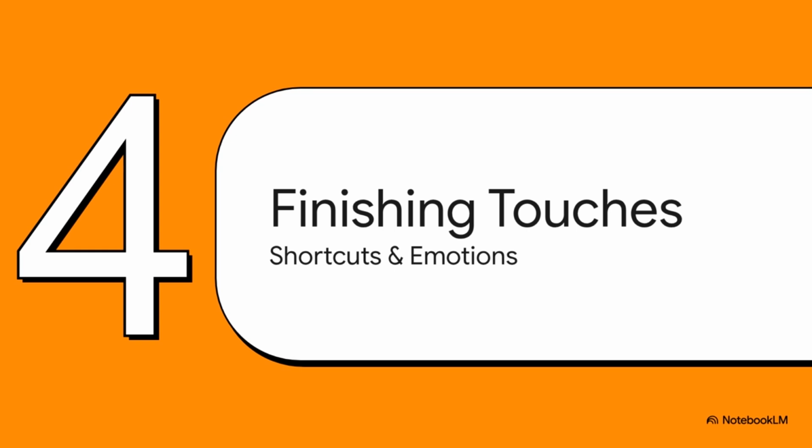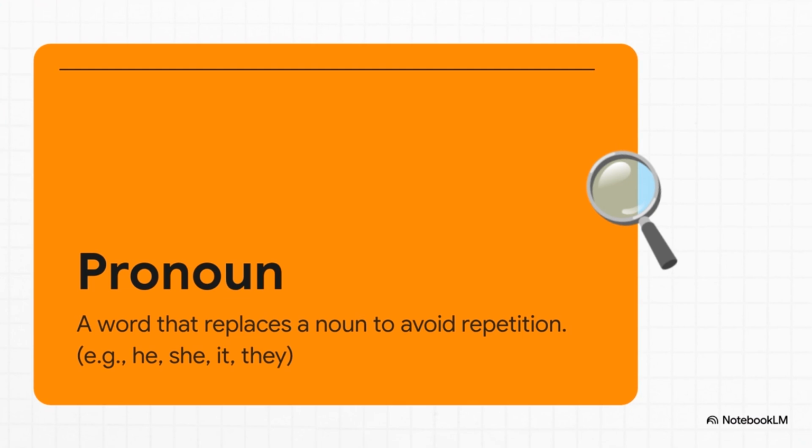Now it's time for our final two blocks. These are the ones that add a little efficiency and a burst of human emotion to whatever we're building. So let's meet the pronoun. You could call this one the MVP of efficiency. I mean, why would you say the dog ran and the dog jumped when you can say it so much more smoothly? Words like he, she, and it step in to replace nouns and keep our writing from sounding clunky